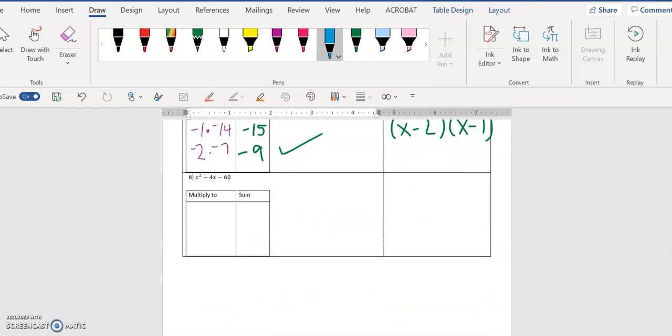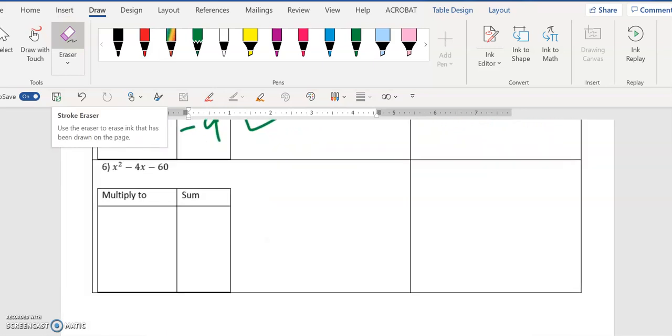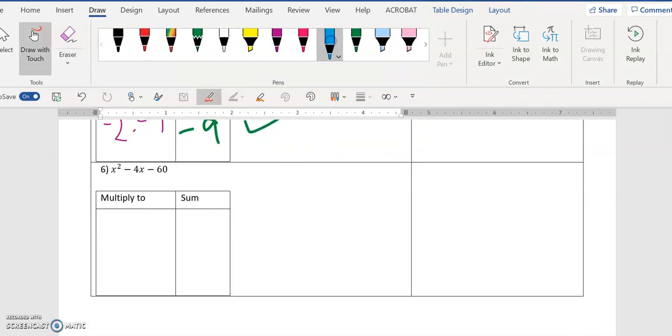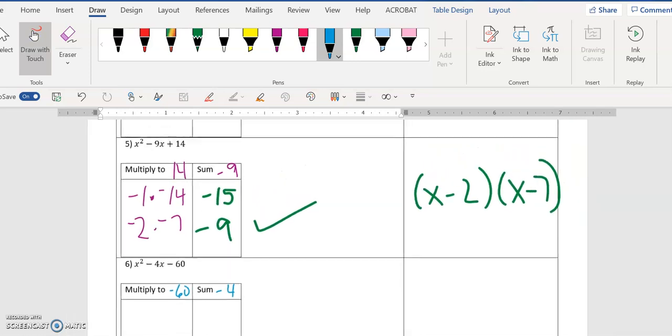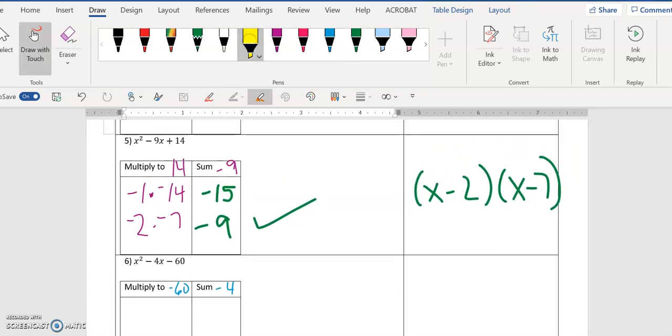All right, number 6. We want to multiply to negative 60 and add to negative 4. So this is a little bit different. If you look at number 5, the last value is positive. Here, the last value is negative and the middle value is negative. In those situations,